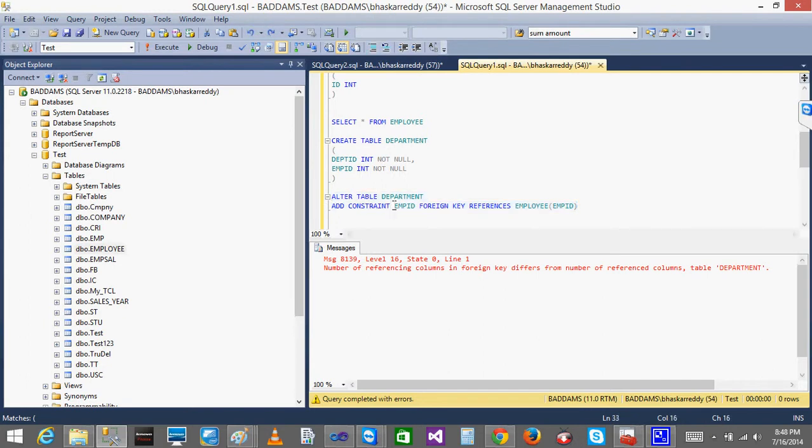You have to write constraint and then the constraint name. We have given the table name and the other parts, which is okay.